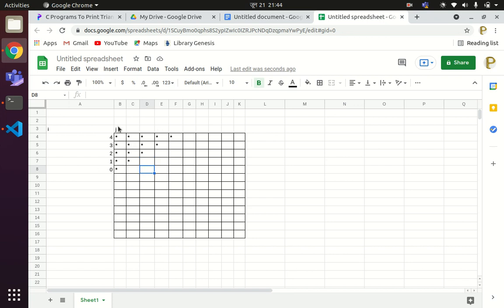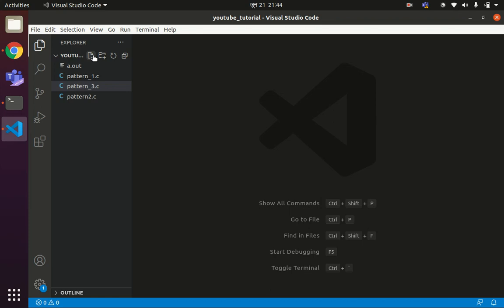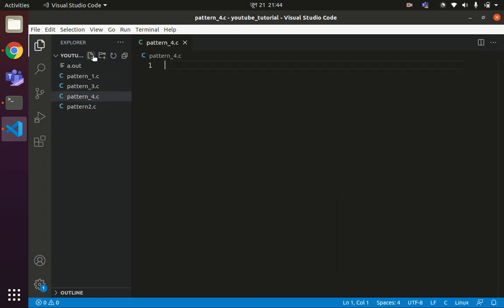So let's write the logic for this. I close this and open one more file, pattern 4_4.c. Program to print inverted half pyramid of a star.